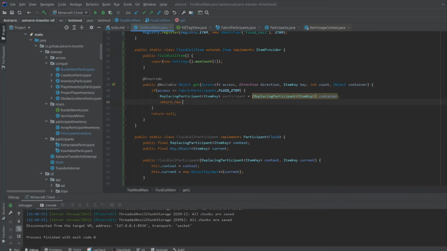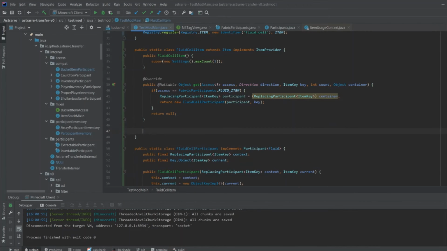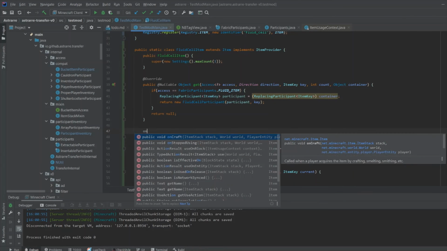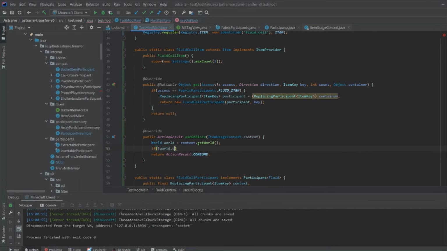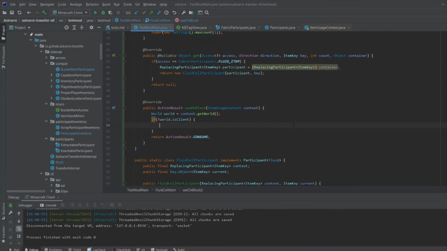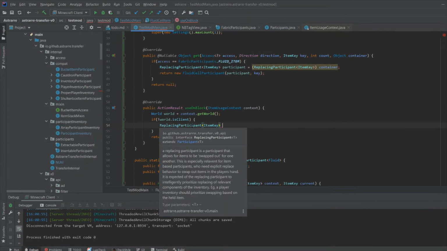Let's return our thing. Fluid cell participant key. I think that's it. So now let's make the thing fill up. So on use on block. Okay. World. If it's on the server, then this is how we get it from players. So if you're, for example, holding an item, this is how you'd get the fluid containing item in your hand. You would do, first we want to get the replacing participant. So remember we talked about the swapping functionality. So this would prioritize swapping the hand that was interacting. So